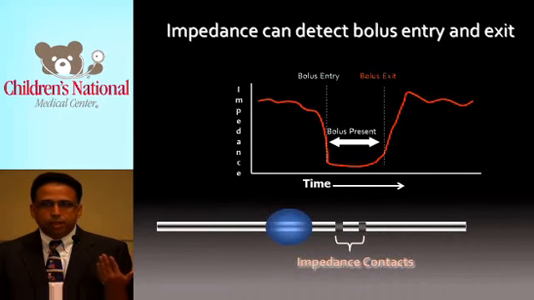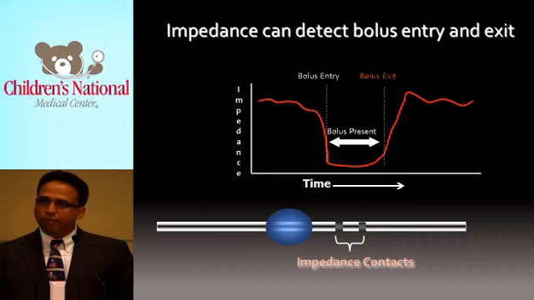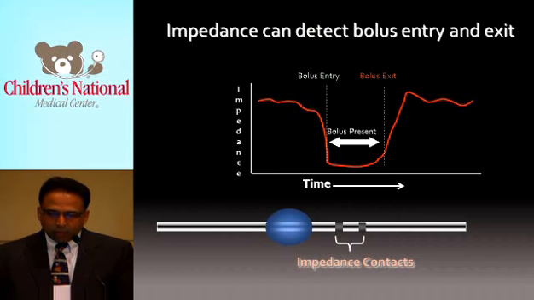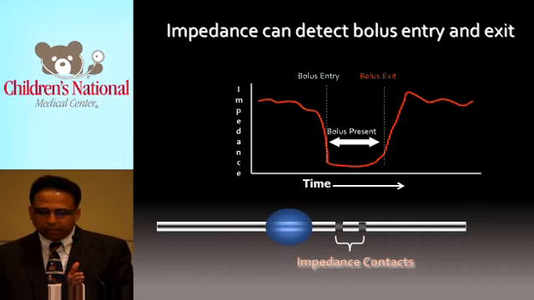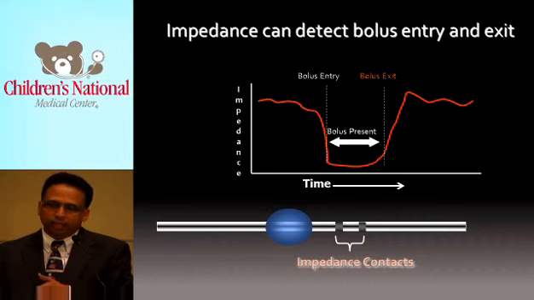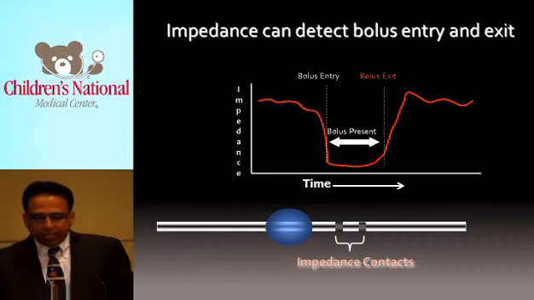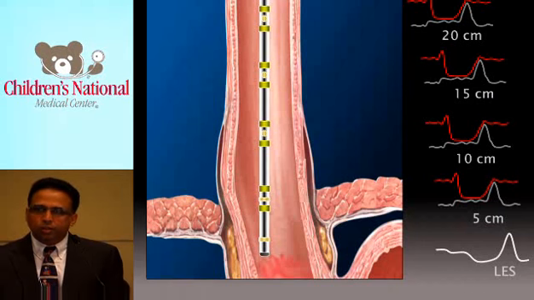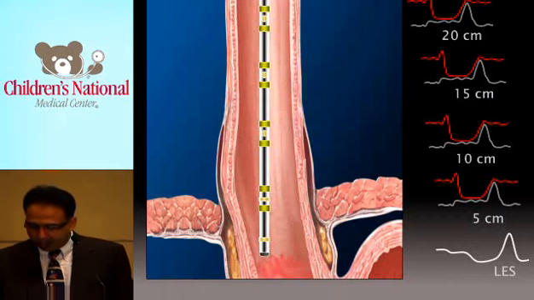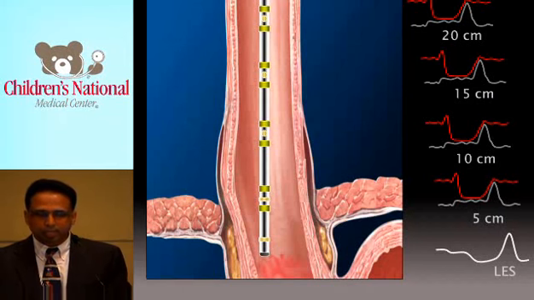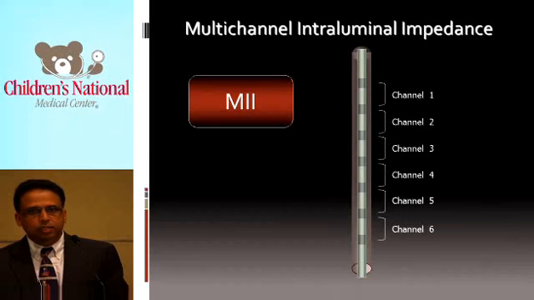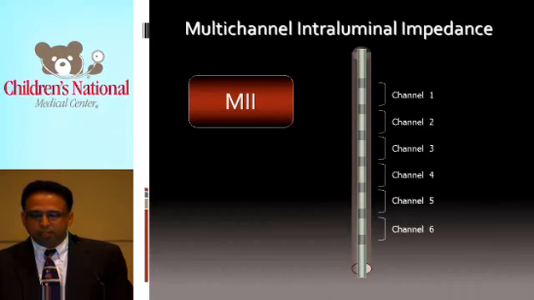But if we just put that, we will not be able to tell whether the fluid came from below, as in gastroesophageal reflux, or it came from above, as in a swallow. However, you can tell when the bolus reached that area, and then when it left. So this is a very innovative test. And because of that problem that I said before, the solution was that we put a bunch of electrodes there. And we can tell if the swallow happened, which is when the sequential drop in impedance will happen from more proximal to distal channels, as opposed to reflux, when this will happen from below. And therefore, this study is called MII, or Multichannel Intraluminal Impedance Study.